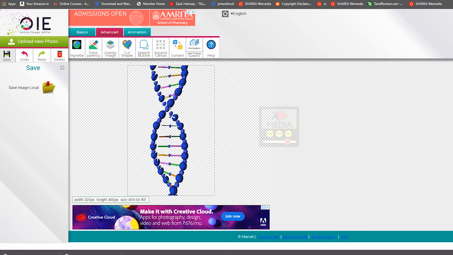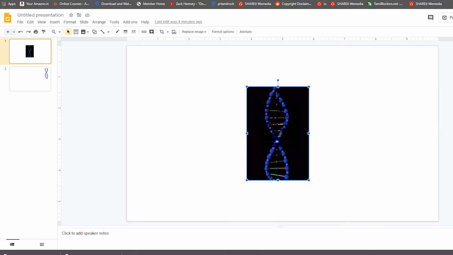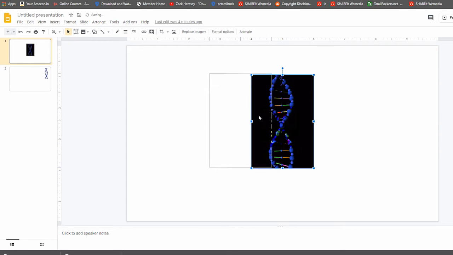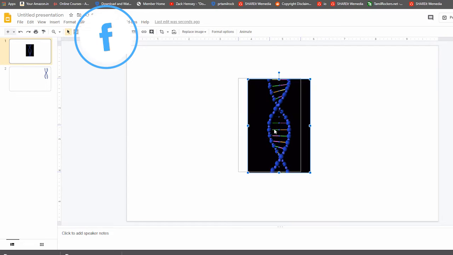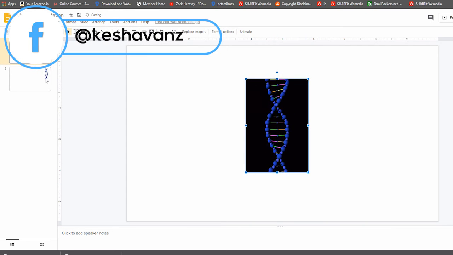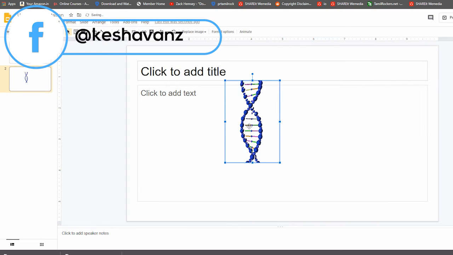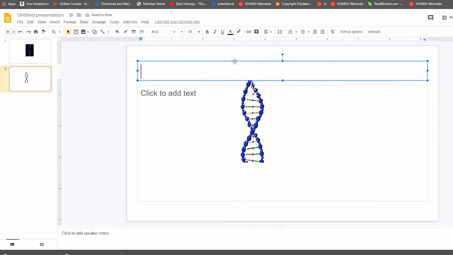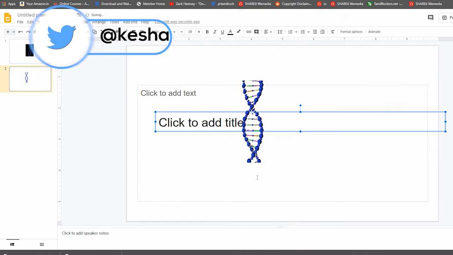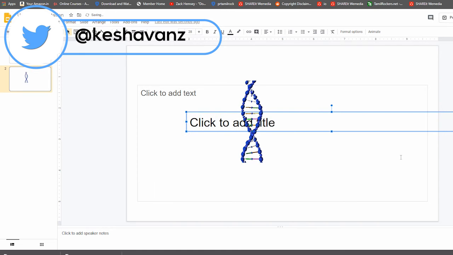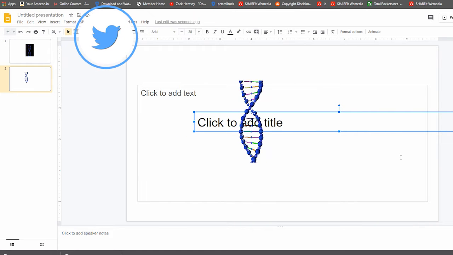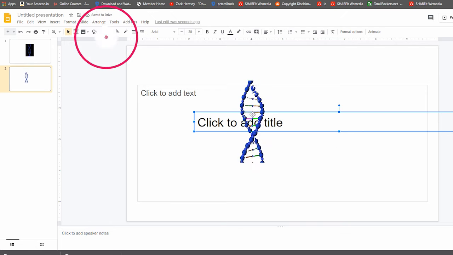After doing so, go to your untitled presentation. I have just opened Google Slides, and in order to show you how I am doing this, I have this raw file of the DNA GIF which we are removing the background from. Now I have this transparent one, you can see it, right? I am placing it over here and adjusting it. See, it is in the background of the GIF, so it will be nice and clean.